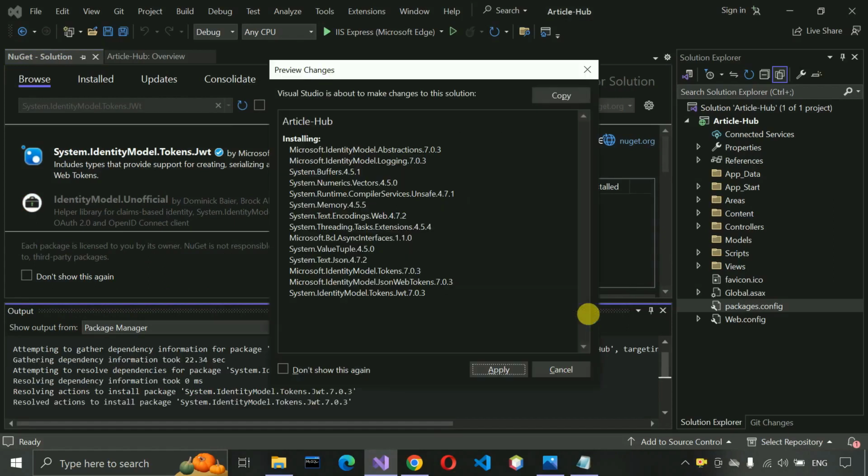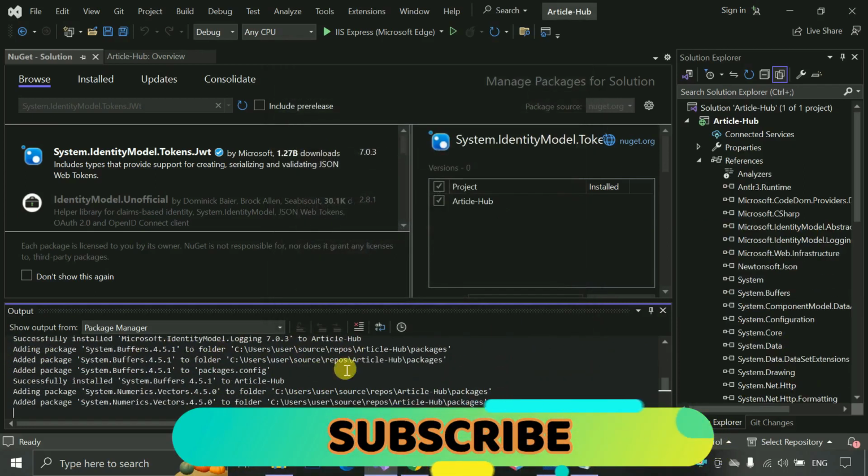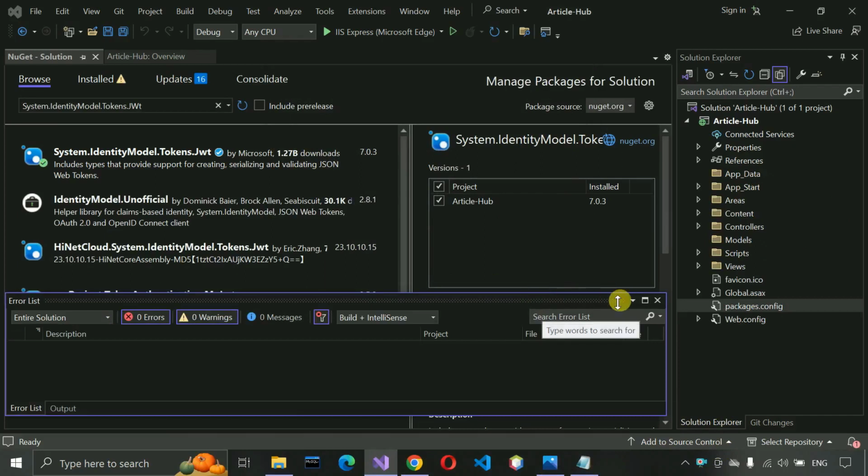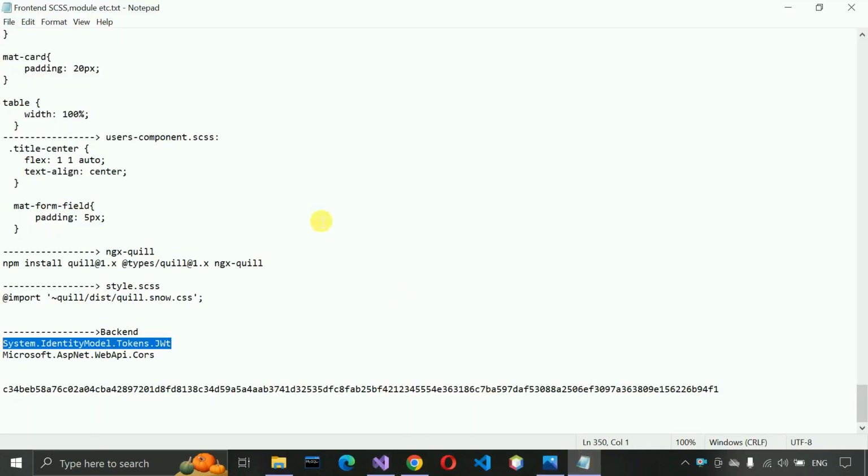Here too, we are seeing what we are installing. So just apply on it. You can see it started downloading. Now everything has been installed in this package, so just clear this one, and then we are going to install